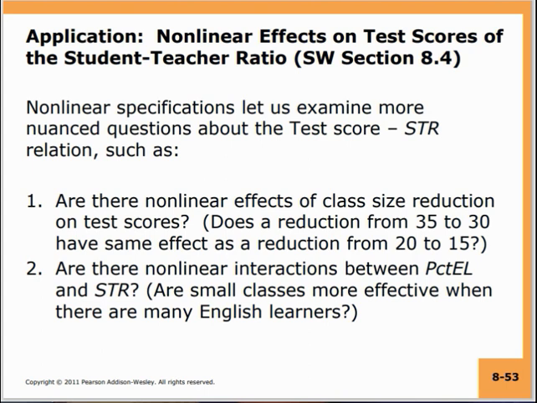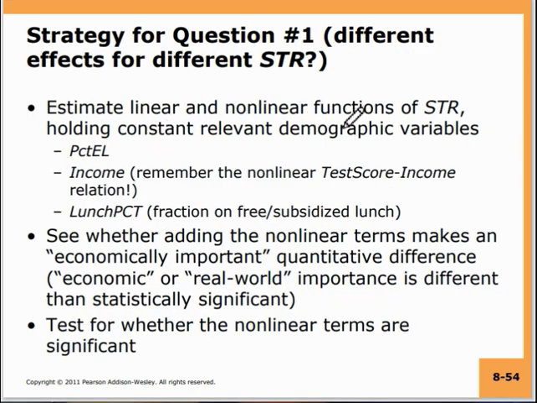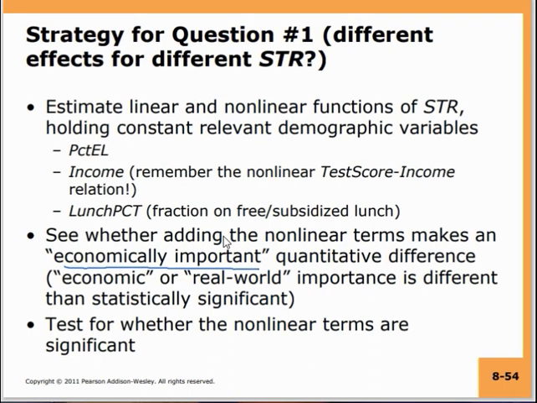So when you do this, estimate linear and nonlinear functions of STR holding constant relevant demographic variables, percentage English learners, income and so on, lunch percentage. See whether adding the nonlinear term makes an economically important quantitative difference. Now, the point is economic or real world importance is different from statistical significance. Economically important basically means: what is the magnitude of the difference